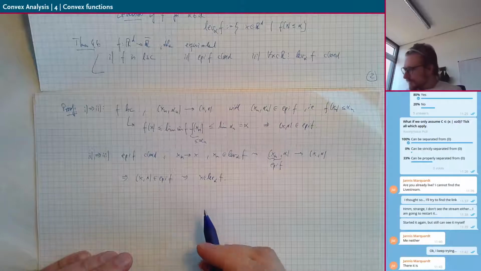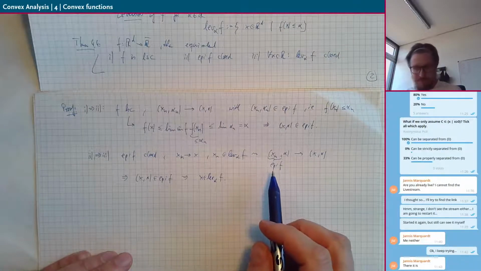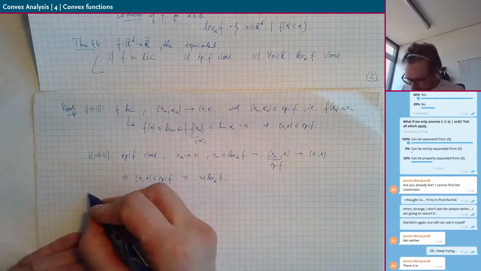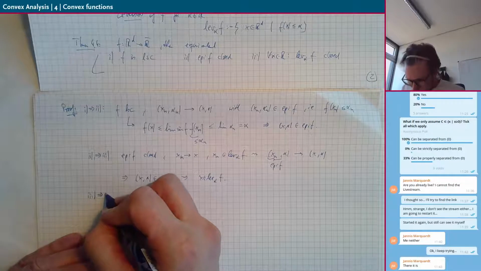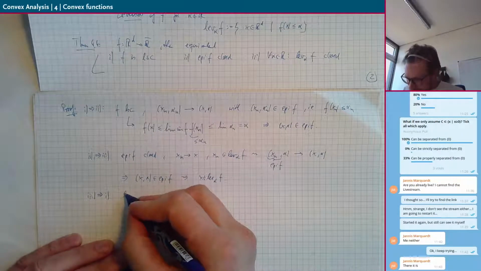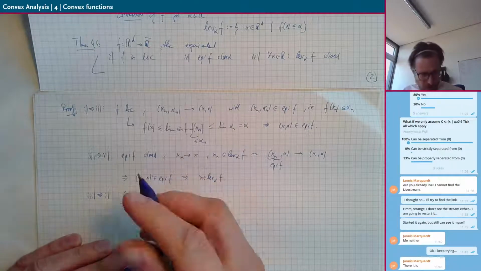I think we could also just say that this level set is the intersection of two closed sets, so it's the epigraph and this cutting line. So now to close the circle, we also show that 3 implies 1. So we assume that the level set of f is always closed for all alpha,